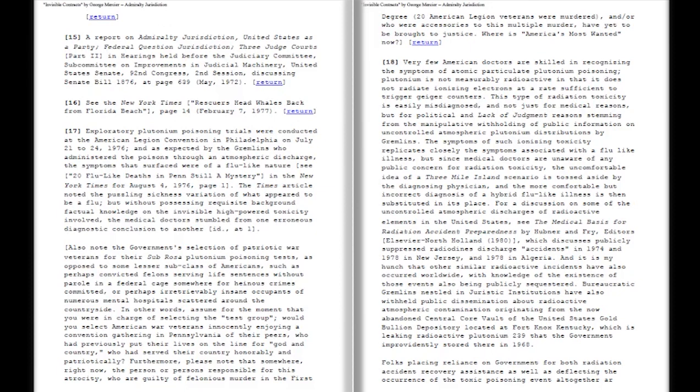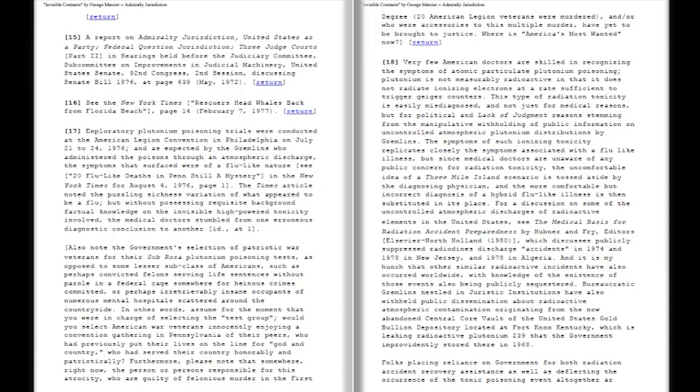Subcommittee on Improvements in Judicial Machinery, United States Senate, 92nd Congress, 2nd Session, discussing Senate Bill 1876, at page 639, May 1972. Return. 16 See the New York Times, Rescuers Head Whales Back from Florida Beach, page 14, February 7, 1977. Return. 17 Exploratory plutonium poisoning trials were conducted at the American Legion Convention in Philadelphia on July 21 to